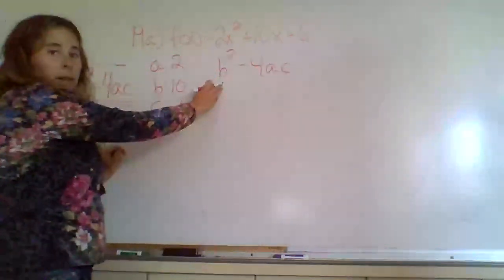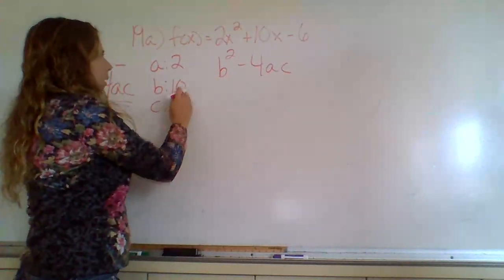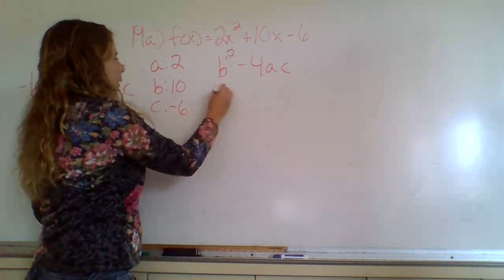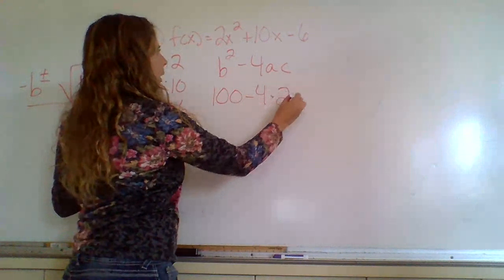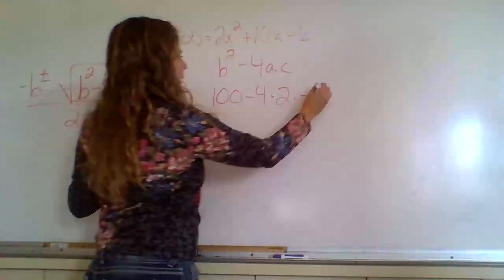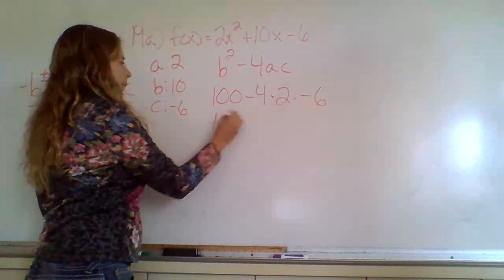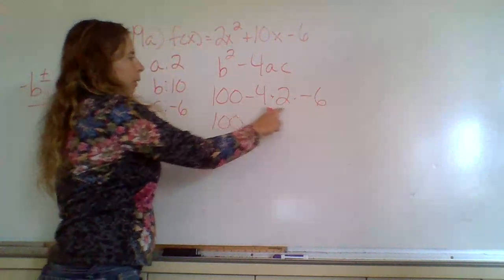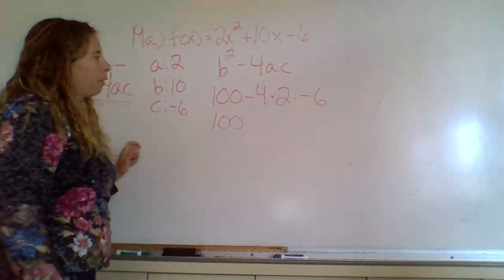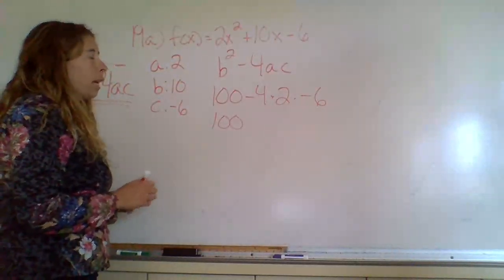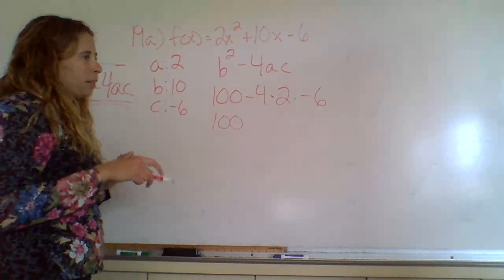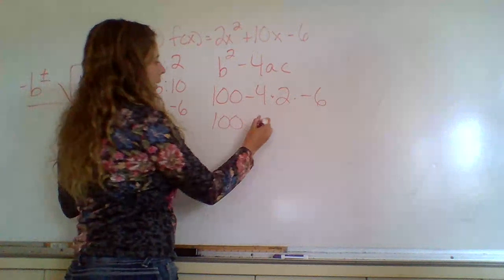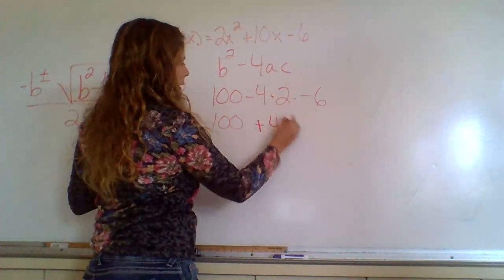B squared is 10 squared, 10 times 10, 100, minus 4 times A, which is 2, times C, which is negative 6. Multiply these three numbers together. So negative 4 times 2 is negative 8. Negative 8 times negative 6 is positive 48. So you get